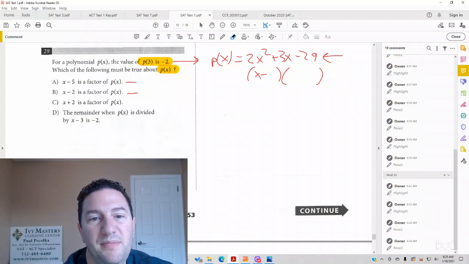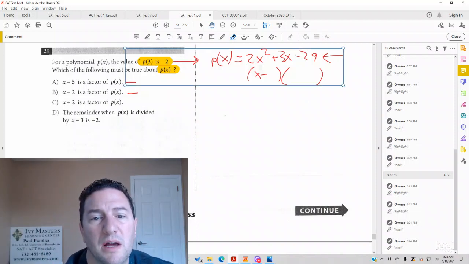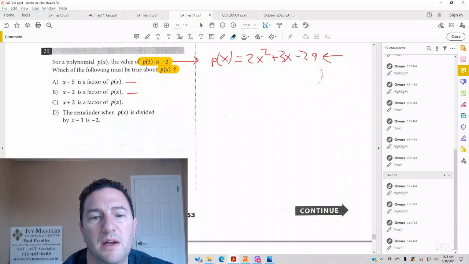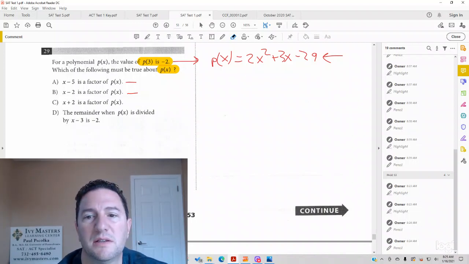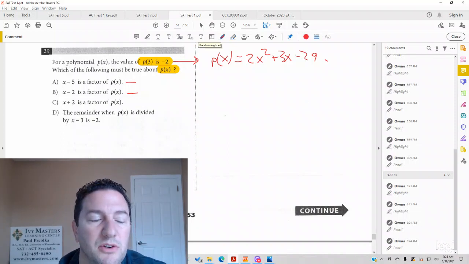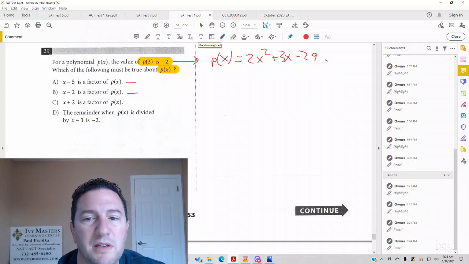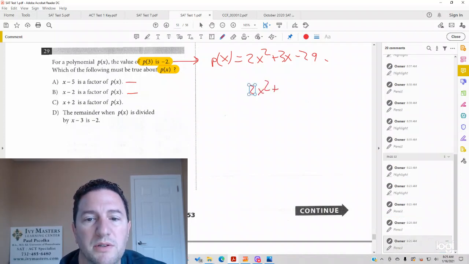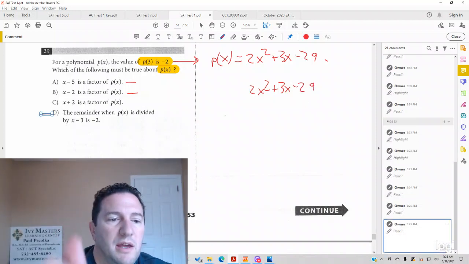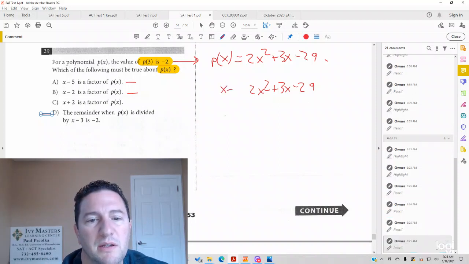Now, I'm going to show you a different approach to proving that D is correct. And that is long division. I could have done long division with the others, but typically it's more time consuming. So if I've got my 2x squared plus 3x minus 29, and answer choice D is saying the remainder when it's divided by x minus 3 is -2. If I do x minus 3 in there,